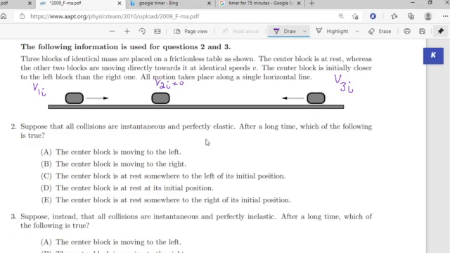Right now we want to find what v2f is. So v2f is after this collision here. It should be just equal to